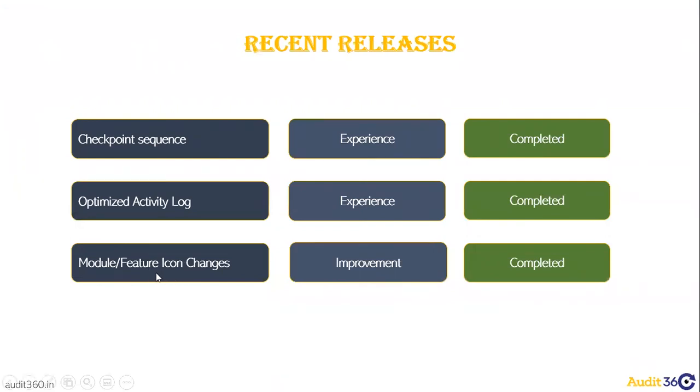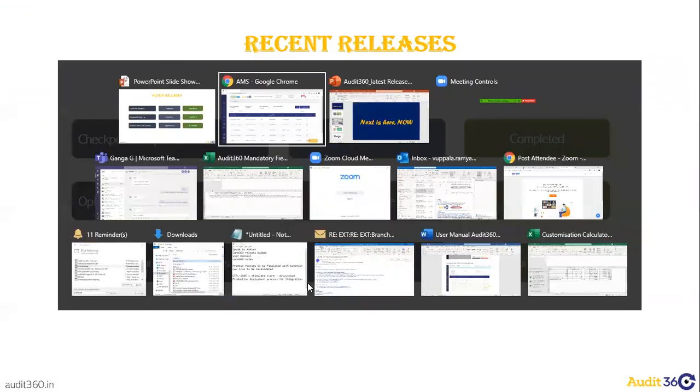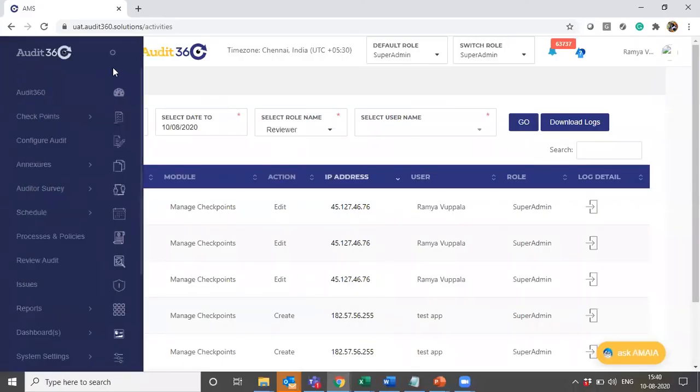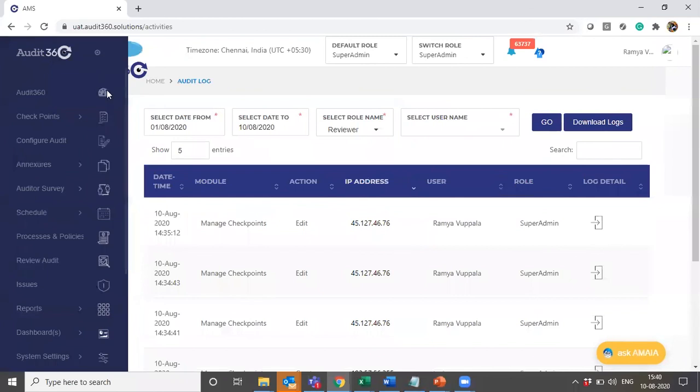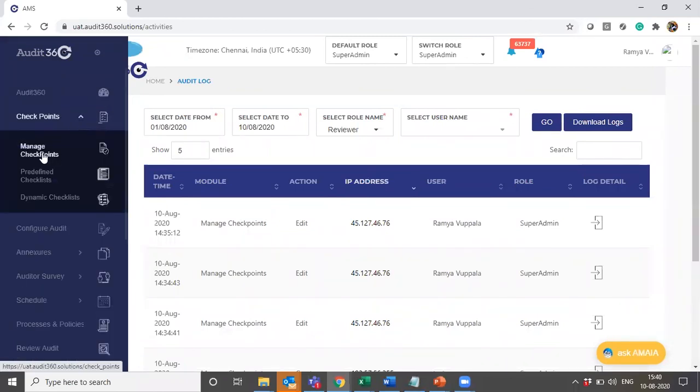And the last one is more of a cosmetic change that has happened. We've just refreshed the icons that are in use in the product. We just tried to use more relevant ones. So there are these changes in the front end, which have been happening for some time now. We're just giving a fresh look to the software.